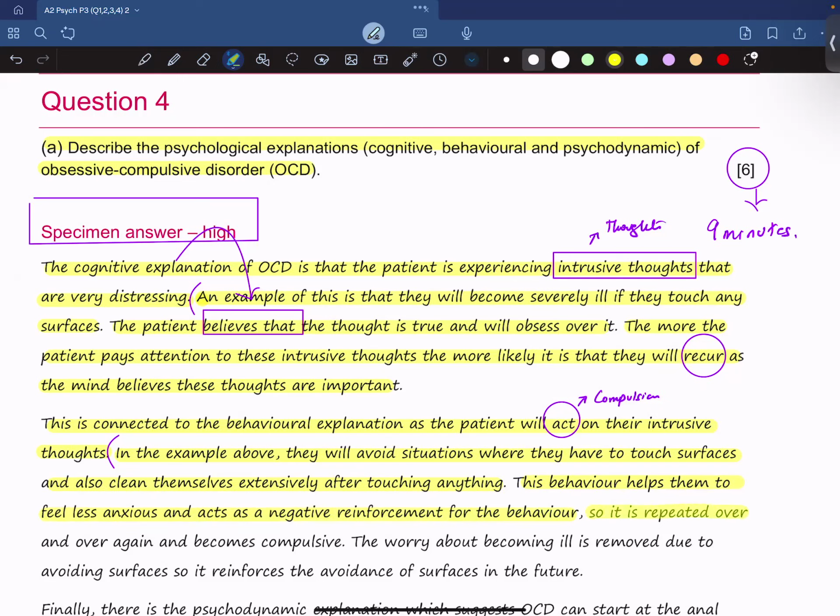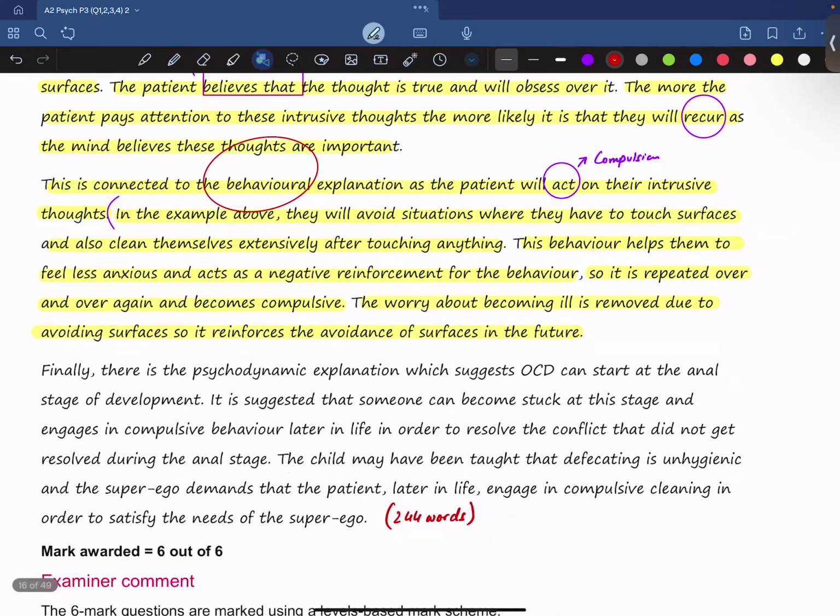So it is repeated over and over again and becomes compulsive. The worry about becoming ill is removed due to avoiding surfaces, so it reinforces the avoidance of surfaces in the future. So the first paragraph you wrote down was about the cognitive explanation. The second paragraph you wrote down was about the behavioral explanation here. Taking this further, finally,